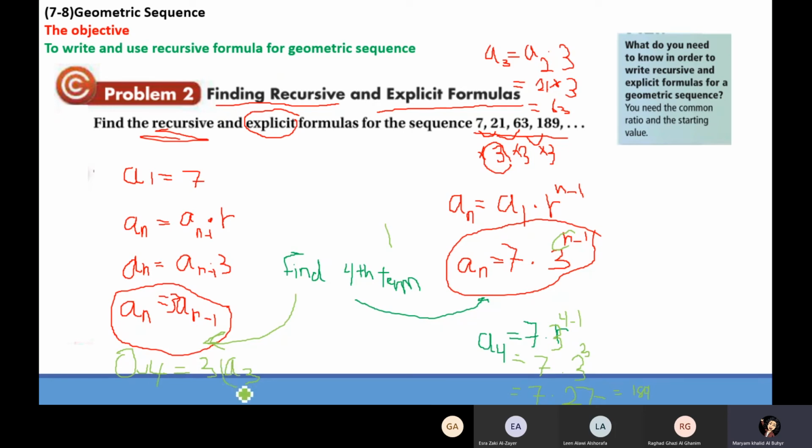Now, what is A3? Don't confuse this. A3 represents term number 3. So I'm going to substitute now: 3 times term number 3, which is 63. If you multiply them, you will get